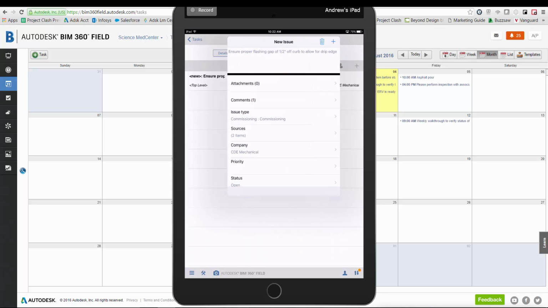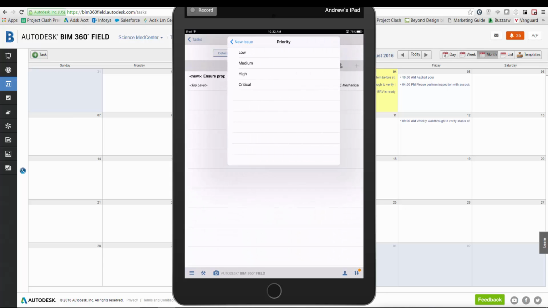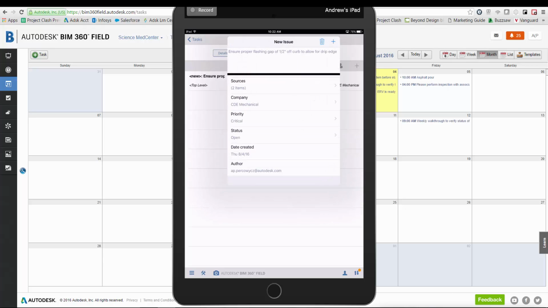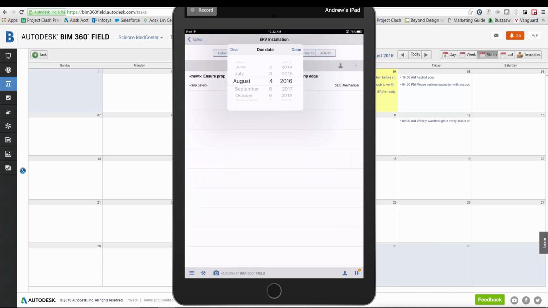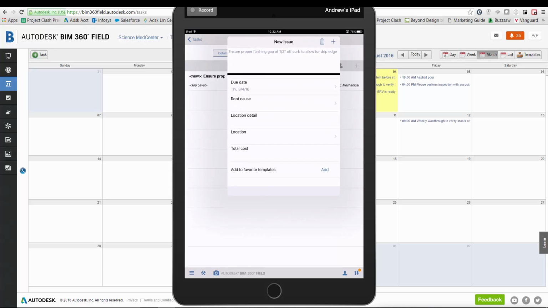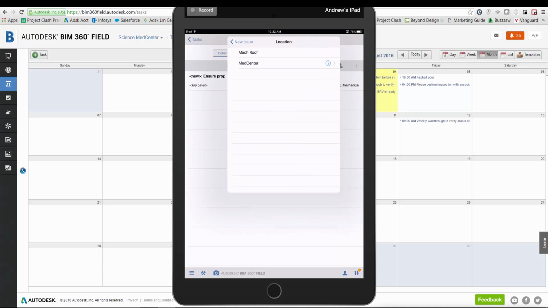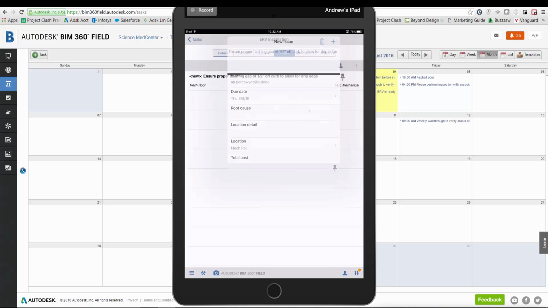So back in the new issue, I can see that I can assign out a priority. Let's go ahead and assign this out as critical. Status will be open. The author, the due date, we'll make this as soon as possible. Keep it on today. And then location, we can also reference the mechanical roof, which is where we are placing that ERV unit. Now that issue has been created, the associated party has been notified, and we know that there's